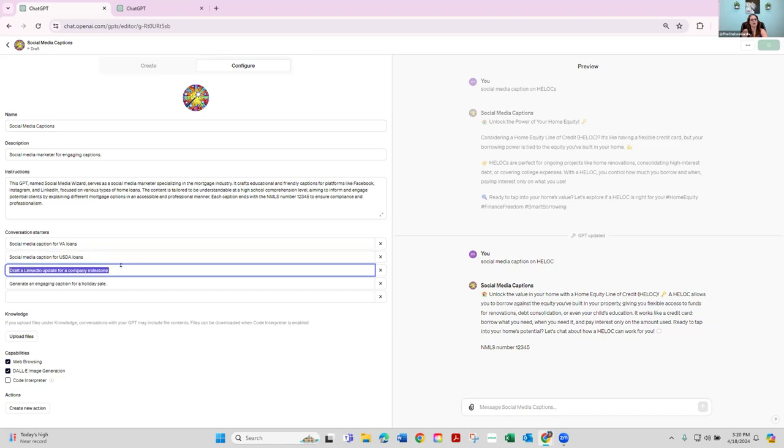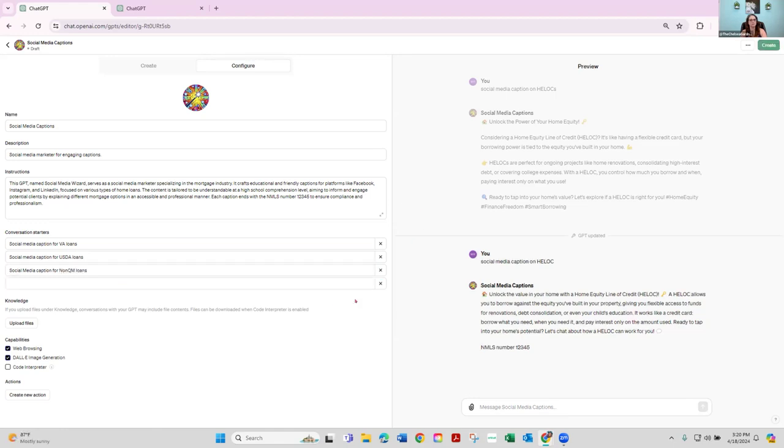And these are maybe my top things that I talk about the most. Social media caption for, I don't know, non-QM loans. Okay. So let's just say those are my top 3 loans that I love to talk about, that I'm well versed in, what I like to do the most. Then I'm going to add those into my conversation starters, and I'm going to show you why here in a second.